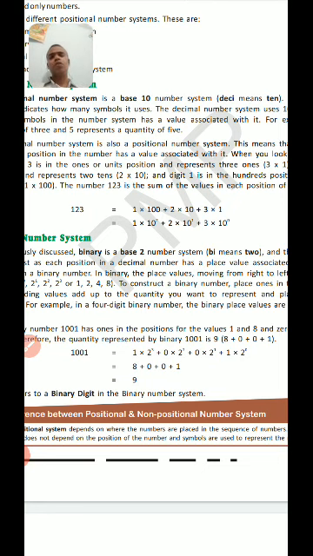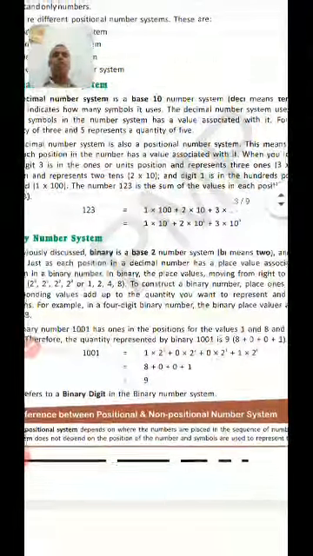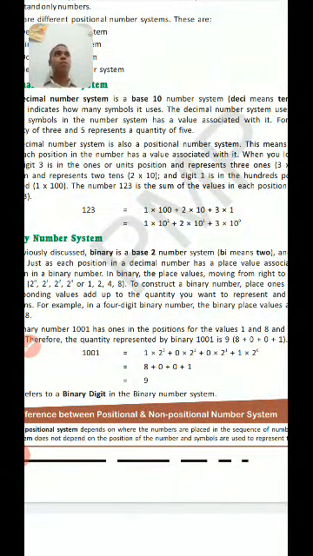Why do we use 2? Because in our binary system only two digits are used, that's why we use 2 as a base in the binary number system. Whereas in the decimal number system we use 10 digits starting from 0 to 9, that's why its base is 10. So it is very clear why the base is 10 and why it is 2, because of the main digits that are used to create the decimal number system and the binary number system.